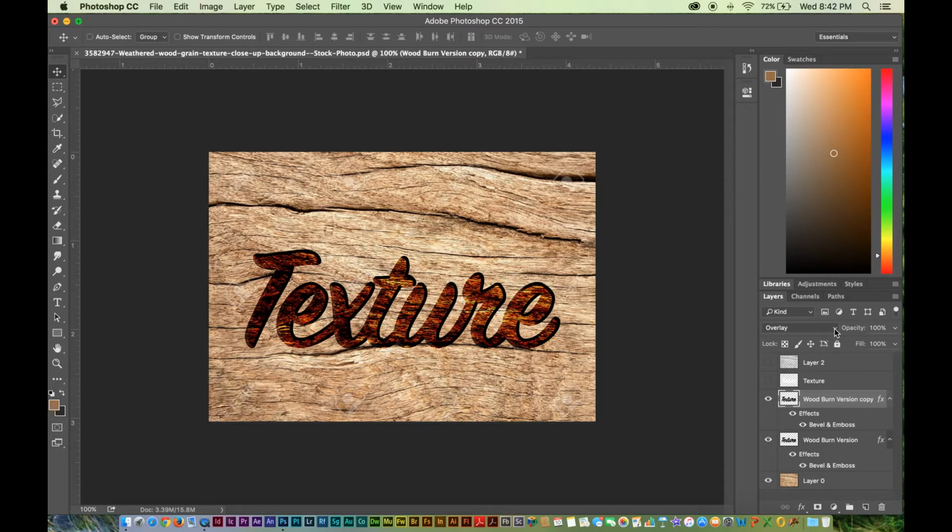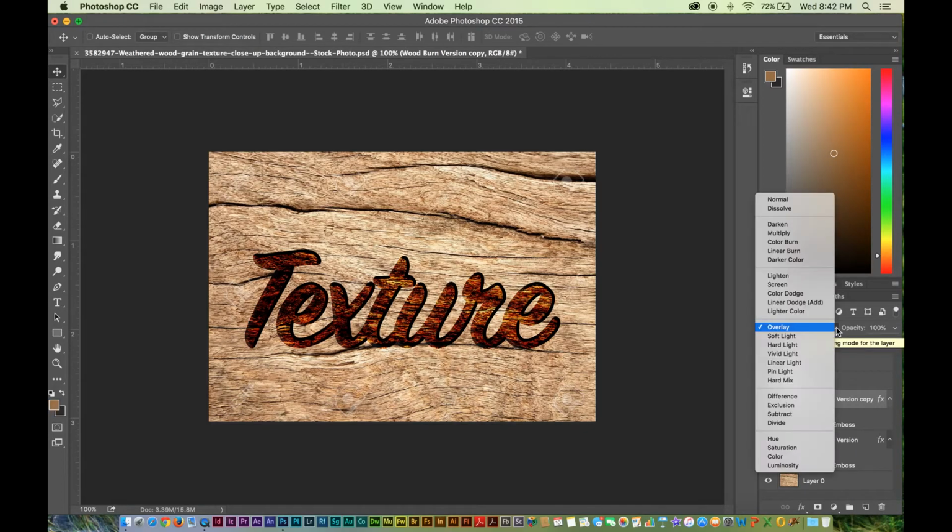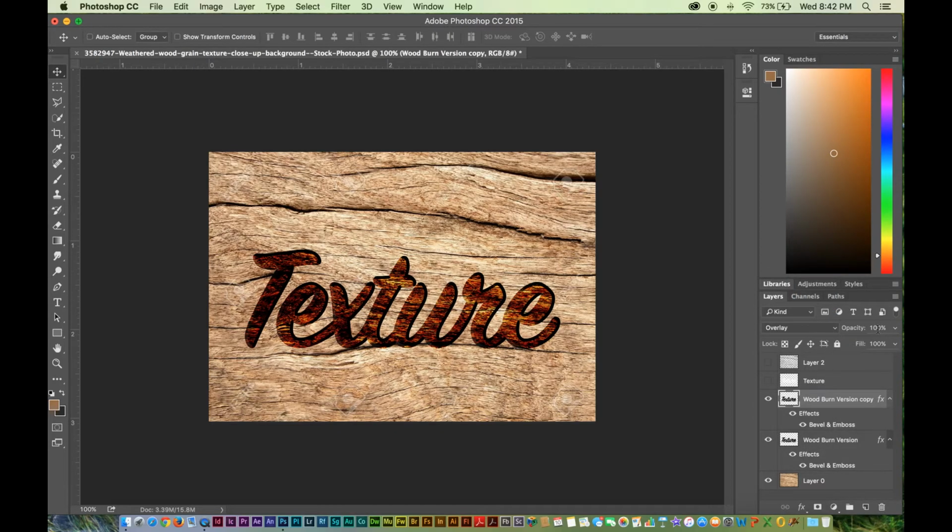In the past, I've always just gone through these layer blending modes and tried to figure out which ones would kind of work. But the first thing I would do is probably look at this opacity here and say, well, can I drop this opacity a little bit to make it more believable? So I'm going to drop it down. As you can see, the lower I bring it, the more believable it gets. I'm going to do it at 25%. Okay, it's kind of believable. Still a little bit